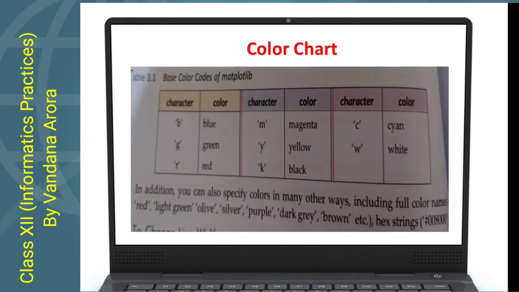In addition, we can specify the full color name like red, light green, olive, silver, purple, dark gray, brown, etc. You can use a hexadecimal string also. Clear? Most of the time we use the first letter for the color, like B for blue, but in case of black the first letter is again B, so we will use the last letter K for black.